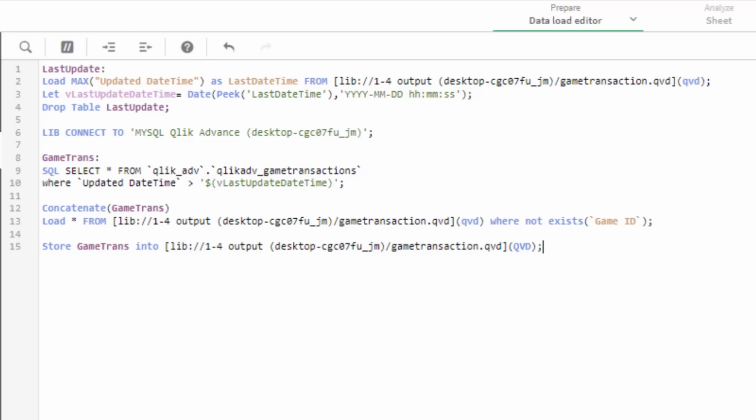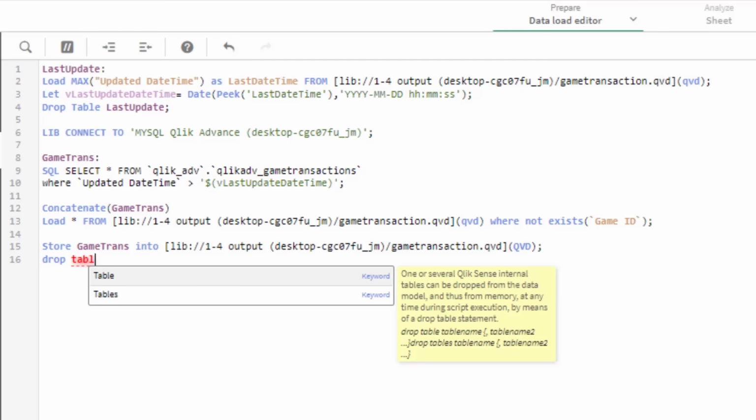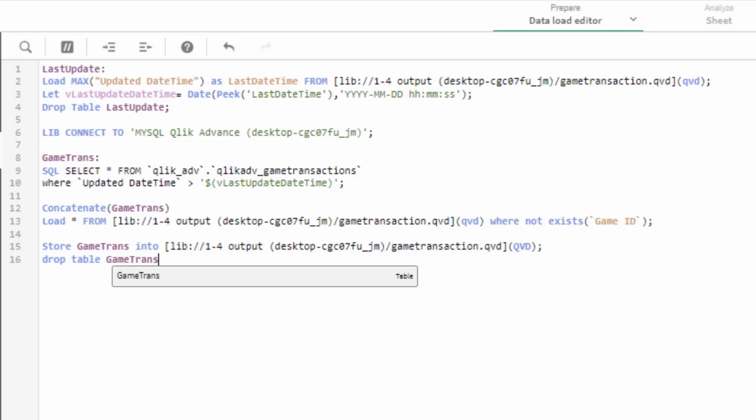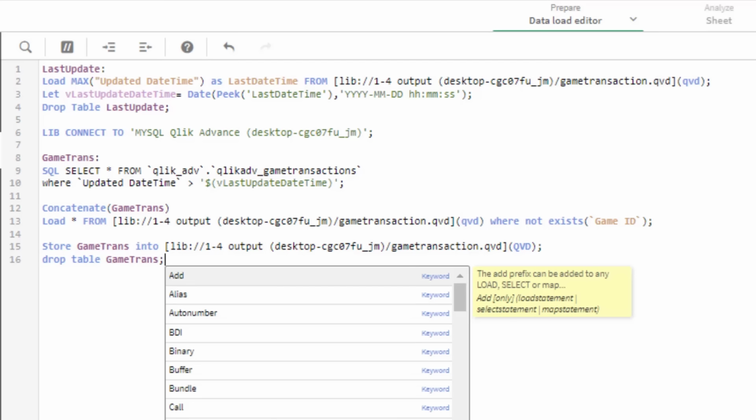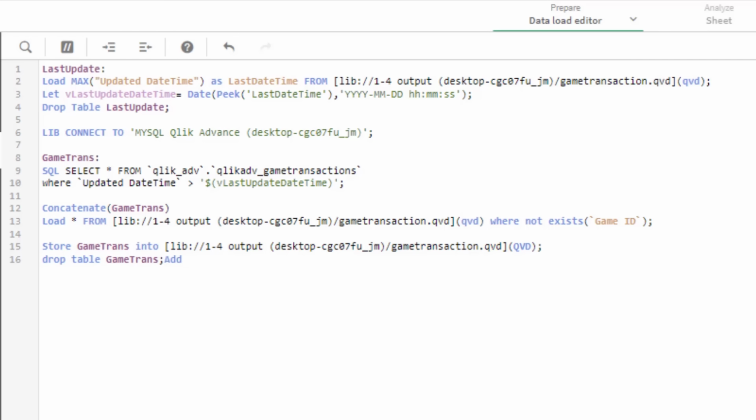But since we are not going to apply the front end for this app, we're going to drop the table and end the script by typing DROP TABLE GameTrans; then EXIT SCRIPT;